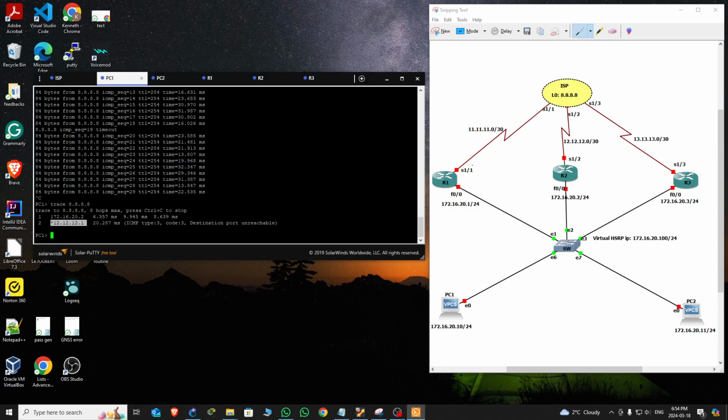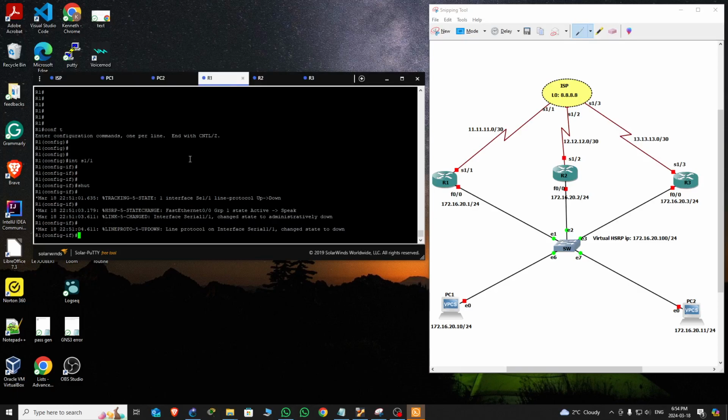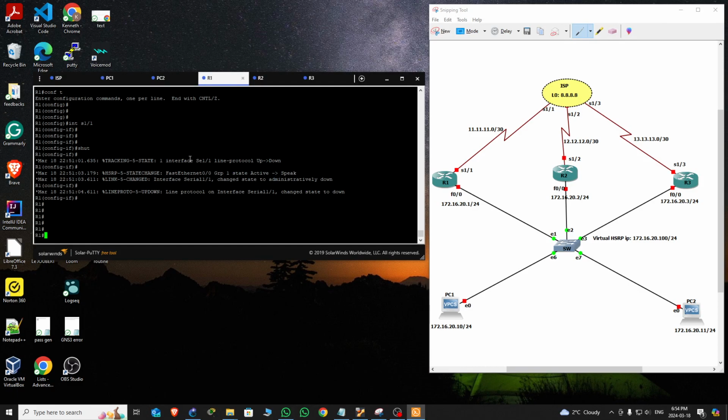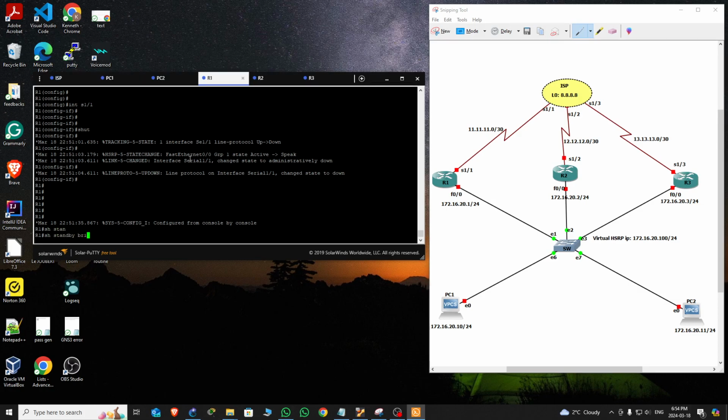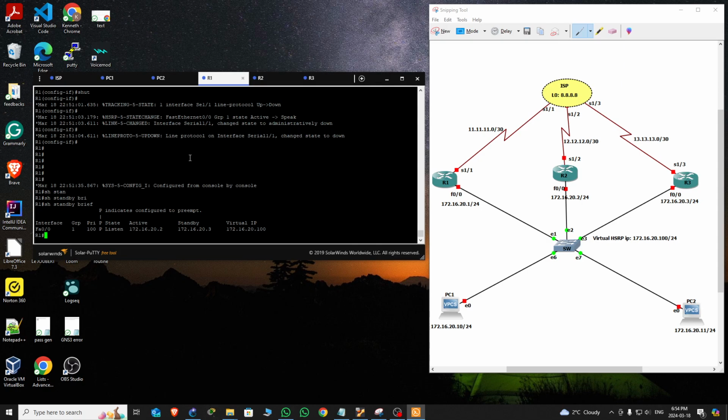We're going to shut down the interface. By the way, before doing any shutdown, let's check who is the active. Show standby brief. Okay, so it's saying that R1 is in listening state. The reason it's in the listening state is because its priority changed from 120 to 100, because we have the decrement of 20. So the active router now is router 2, and the standby router is router 3,